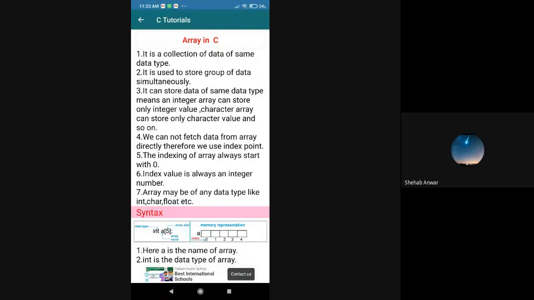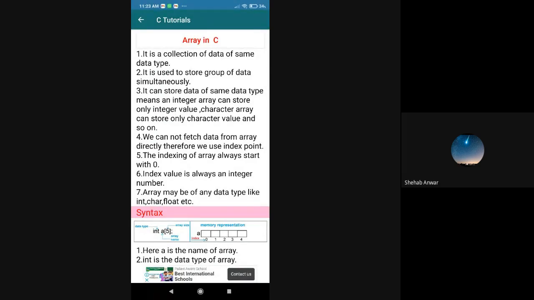Yes. So today's concept is how to create an array in C language. In order to know about the array concept, first we should know the definition.